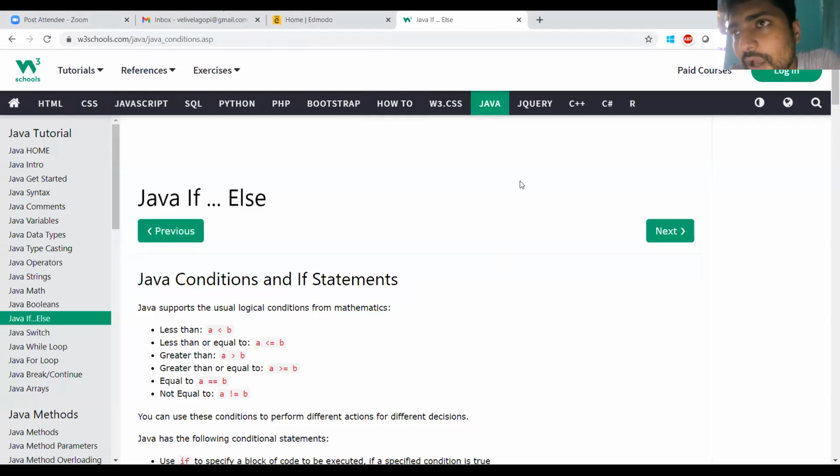Selection statements means you have options. We have options to select among the options. Suppose you have multiple choice questions, we have 4 options. We have to choose either A or B or C or D. That means while executing the program, we can get the 4 options, and the compiler has to execute option A, option B, option C, or option D. So if you have the choices, we have to select them. That type of statements are known as selection statements.